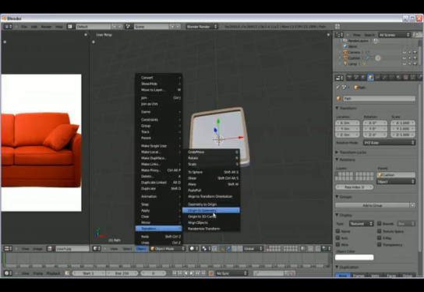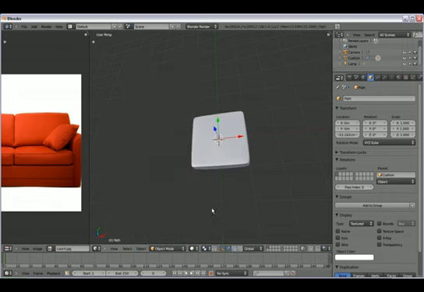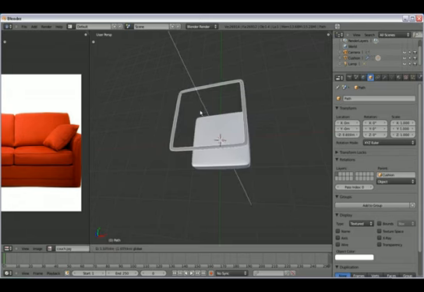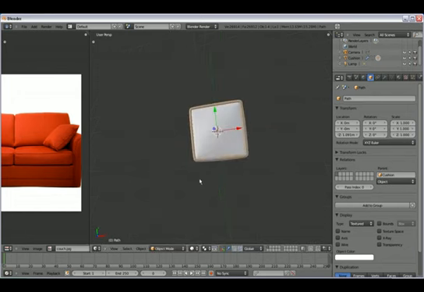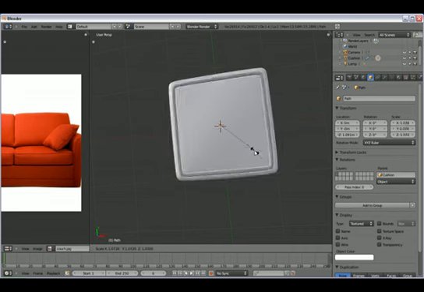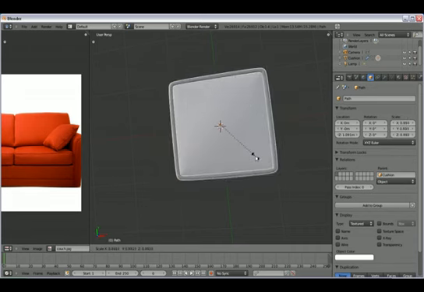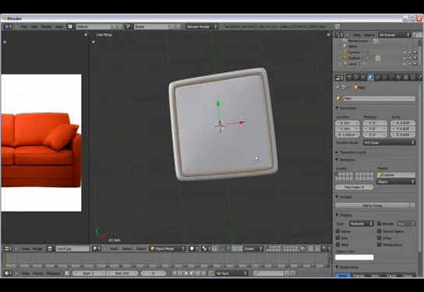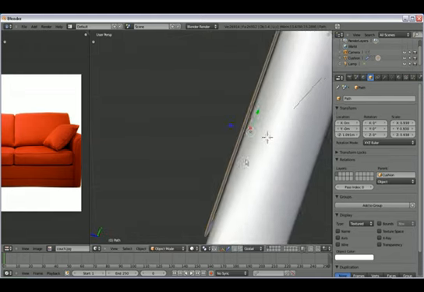I think I should have really decreased the size of the circle, because this is quite big. The size of the circle is quite big, and that's not the effect that I really wanted to achieve. So I'm going to redo this real quick. So delete that object, then go back, tab,